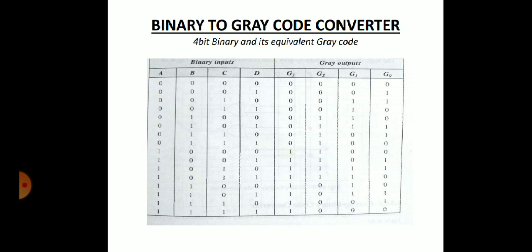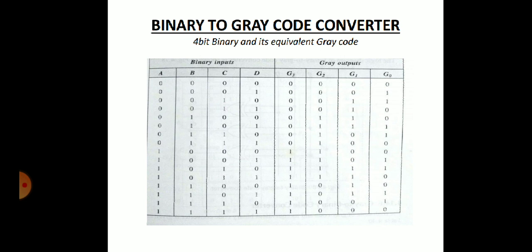One example, last row. What is the number of binary inputs? 1111. So first write A, that is 1 in G3, 1. Then do XOR, A XOR B, that is 1 XOR 1, that is 0. So write G2 0. Then XOR B and C, 1 1 again, so 0, write the value in G1. Then C XOR D, 1 1, again 0, write the value in G0.